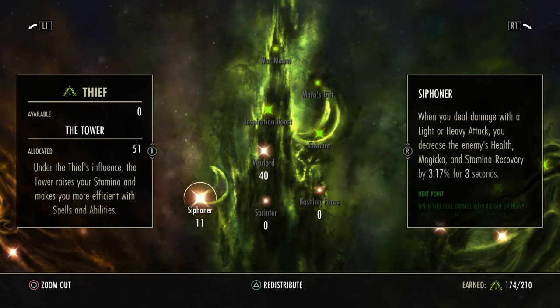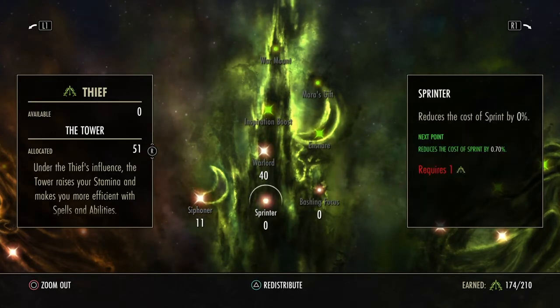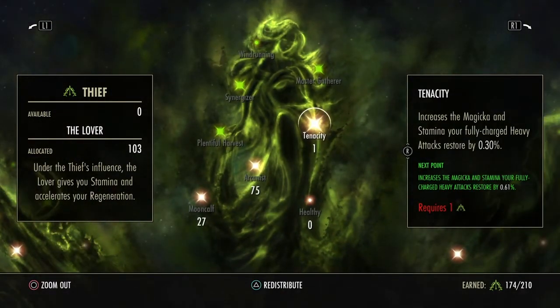So 11 Siphoner, 40 Warlord, Breaking Free is very important, and you can drop recoveries with Siphoner. So 2 very important skills. Now, I'm putting more points into Tenacity. If you have the champion points, whenever you're low on resources, drop 1 or 2 heavy resto attacks. Especially you pop that Restoration Staff ultimate and heavy attack a couple times on the resto bar, a lot of